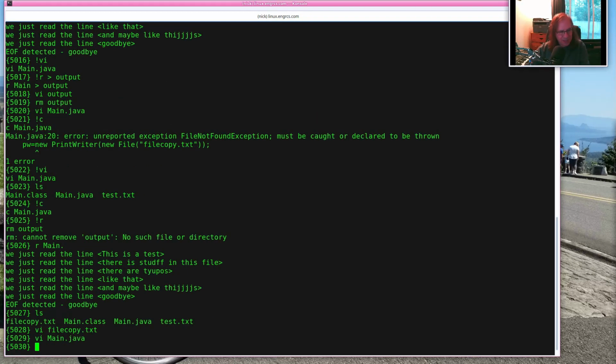Alright, so that's the I/O stream. Let's talk about hash maps. So if you remember from 224, we talked about associative arrays. In 222, we talked about hash tables. And the basic idea here is